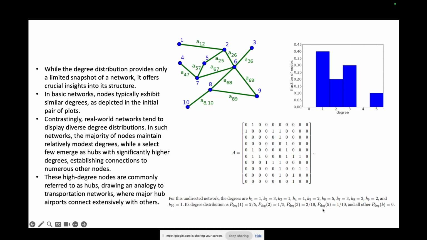So if you compute the degree distribution, how do we compute it? We compute it in a PDF form. PDF is like a probability distribution function. So we do not directly plot the number of degrees. We plot the fraction of the degrees of that particular node compared to the total number of degrees. So for example, in this case, the degree distribution will be like, for p of degree equal to 1,